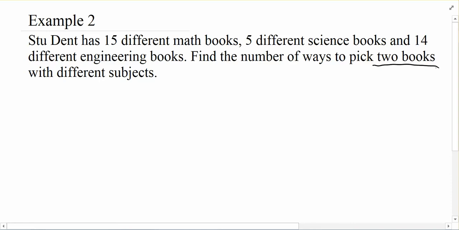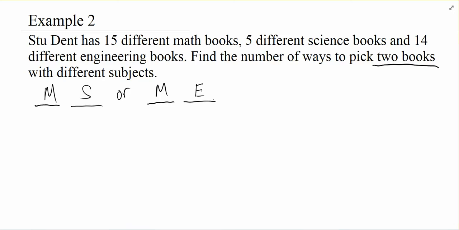So let's talk about some strategies here. What I would do in this case is I would first of all determine the possible ways that we could pick 2 books that have different subjects. And by that then, I mean, let's look at the fact that I could have a math and a science. Or I could have a math and an engineering. Now, the order these come in doesn't matter, so we're not going to talk about science and then math as a whole separate option. So that's the only ways that we can have a math book, is either having a math and a science or also math and an engineering.